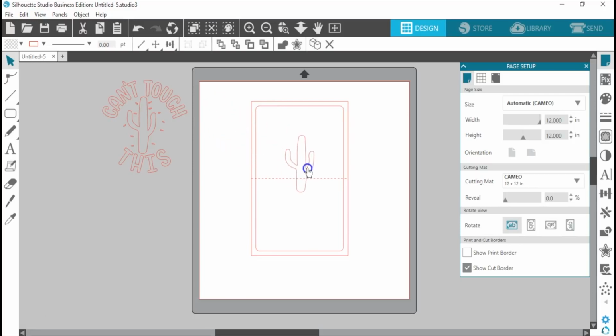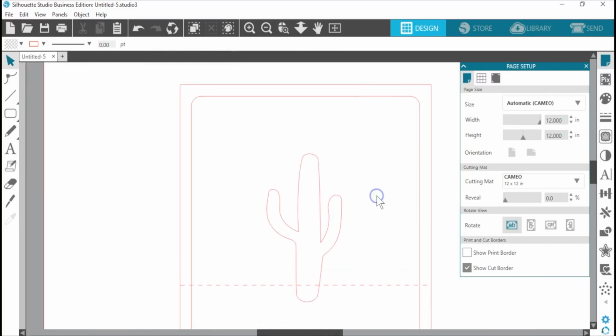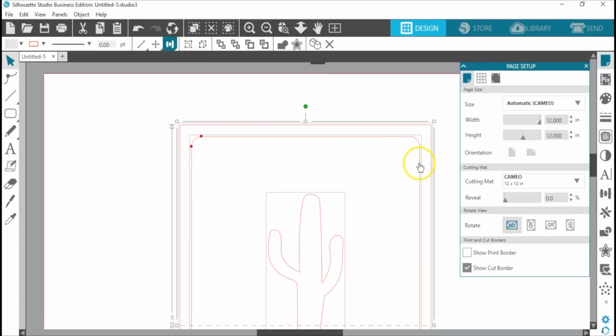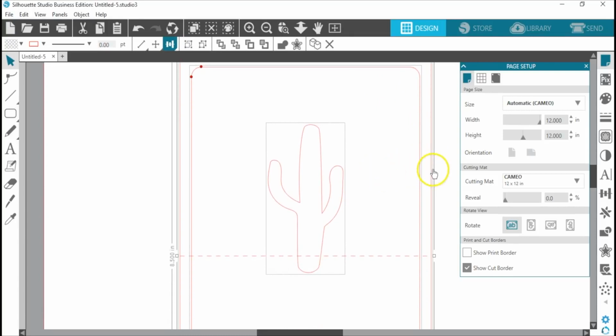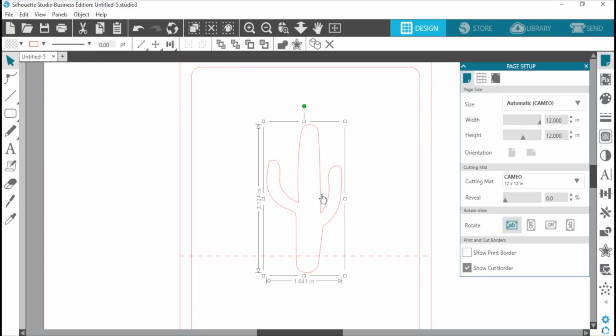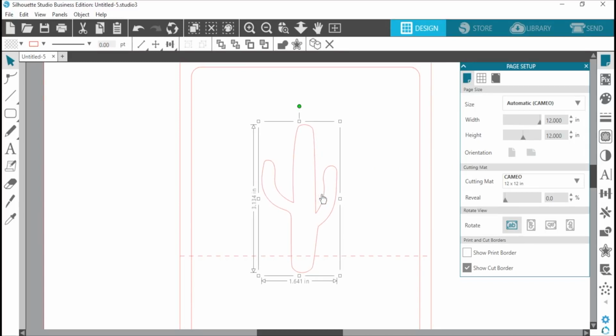Bring the cactus in, zoom in just a little bit, and I want to center this cactus vertically. I can use my Vertical Align tool, my center choice, but visually that's not exactly in the center. That's just because the shape itself is asymmetrically balanced. So just to give me the visual balance I need, I'm going to nudge that over with my arrow key. Now we're ready to open the pop-up panel and turn this cactus into a pop-up.